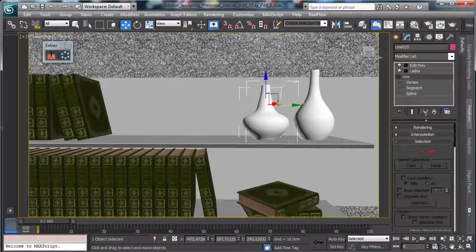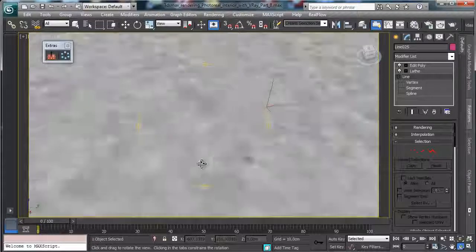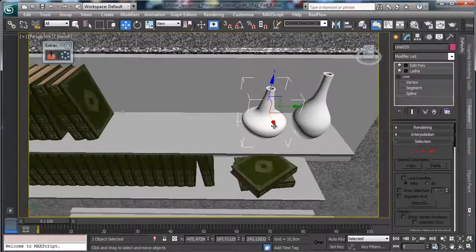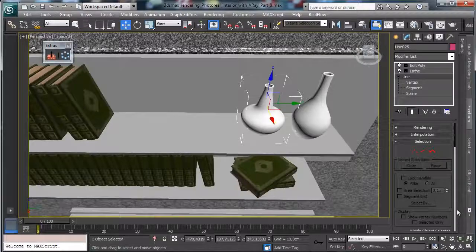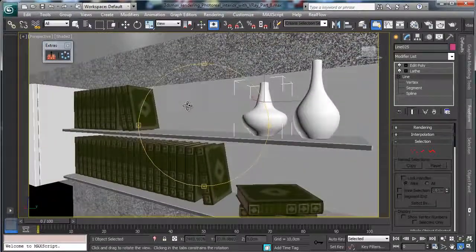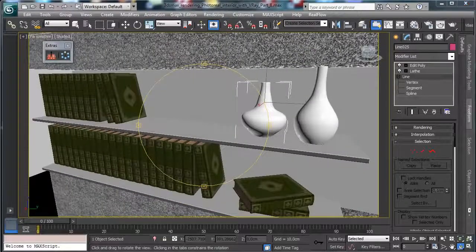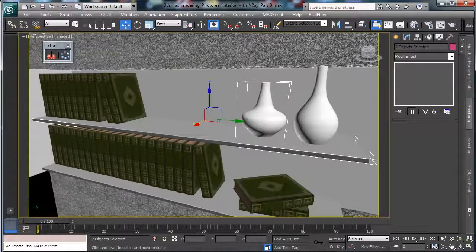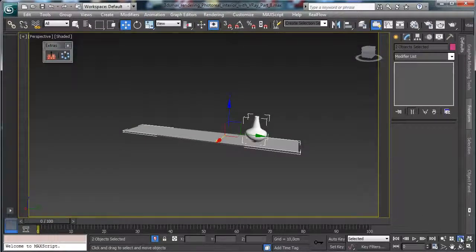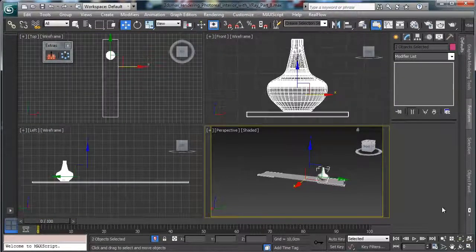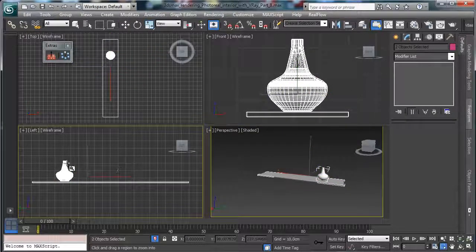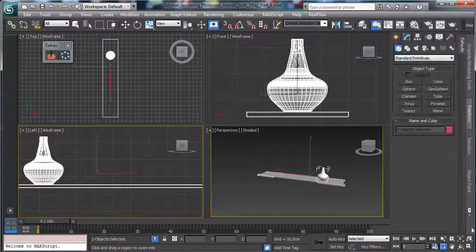This one can be one of the shapes, and this one can stay a little bit moved just to have something different. So we have two vases there, and we can create something more to put over this layer. So let's select this one and this one. And let's go in isolation, and let's see over all the view,